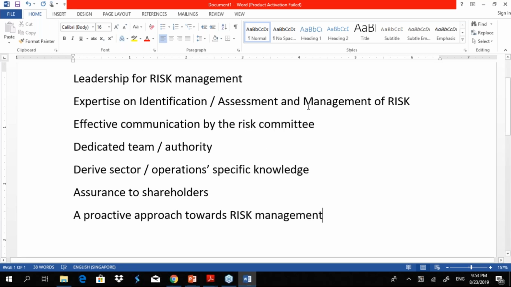And of course, overall benefits of risk management. It will help to save on reputation, time, cost, and therefore quality of the whole business deliveries can be enhanced. Risk exists in every layer of the business. So when you have a dedicated committee, they'll have the time and expertise to look into each of these aspects. So then it's good for the entire business, not just one function or one part of the business.